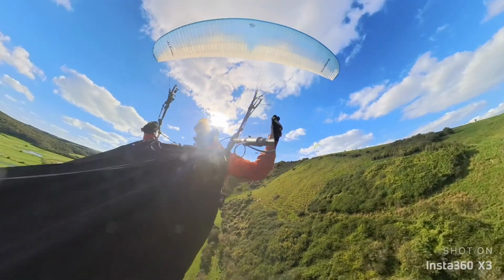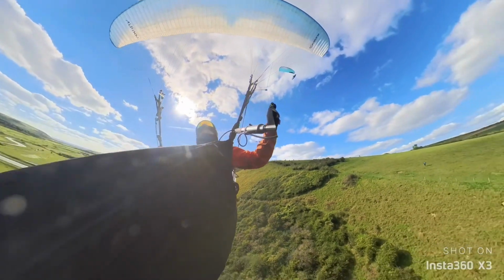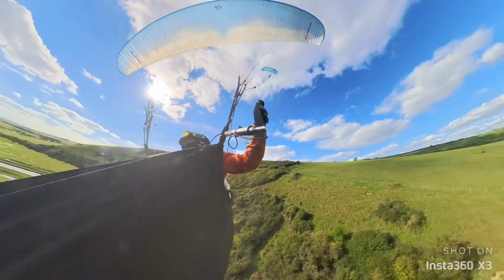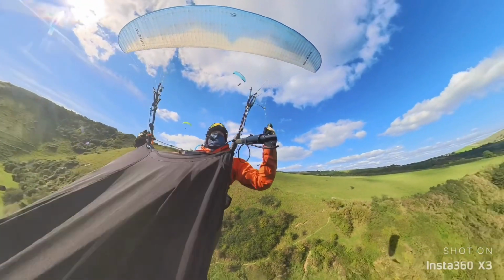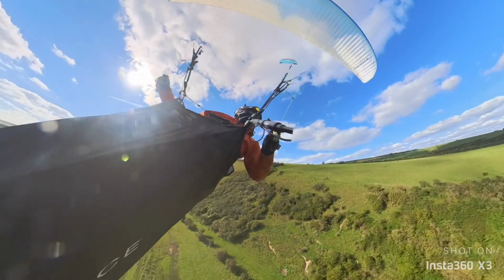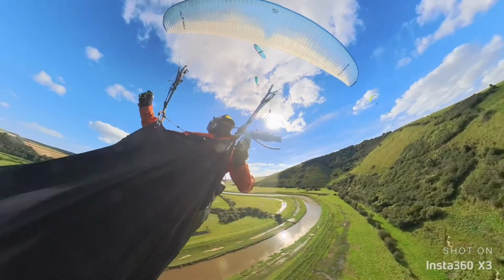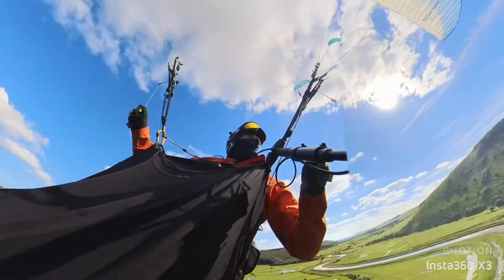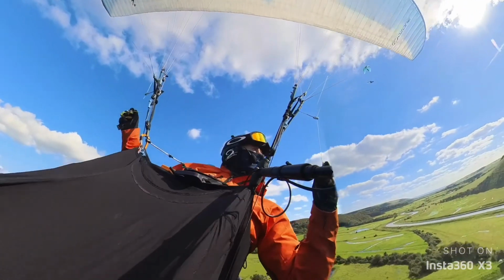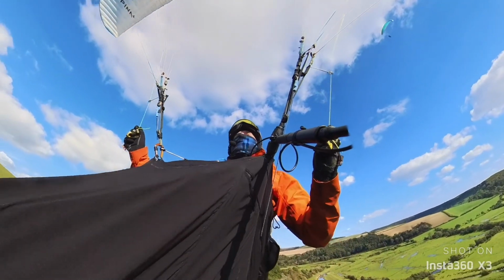High and Over is a pretty tricky site to fly. It takes an easterly to southeasterly wind. The L-shaped bowl can be quite tricky at times, and certainly if the wind is strong you can get pinned in the corner. I was on the wrong launch really, so I launched from the southern launch across to the more easterly launch,